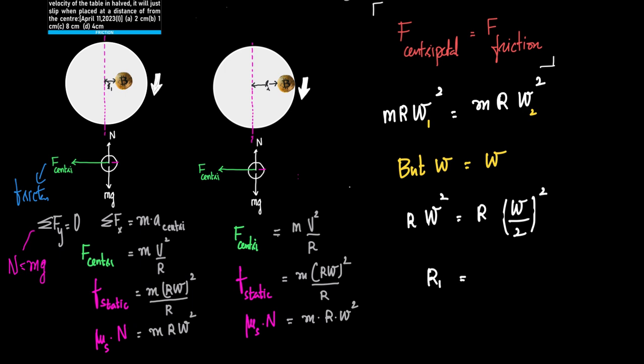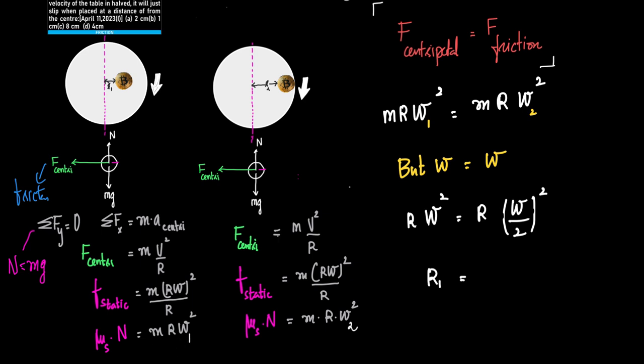And if you do the same thing for the same coin at distance r2, what you get is mu s into N is equal to m into r into omega square. Now you may be wondering what is the difference between these two. The difference is that the angular velocities are different. So this is actually omega 1 square and this is omega 2 square. However, what remains the same is the value of mu s into N. Why? Because in both cases, mg is the same because it is the same coin kept at two different positions. Therefore, mu s into N and mu s into N would be the same here, which means